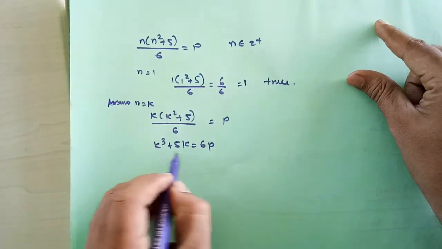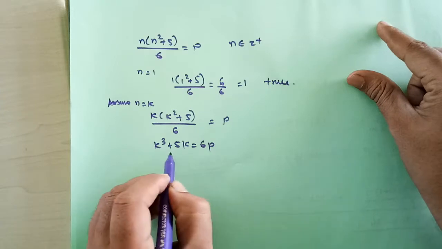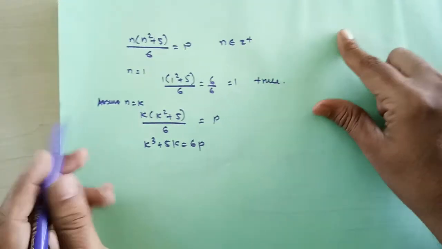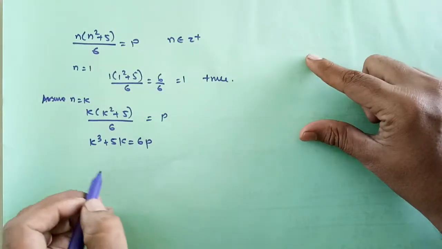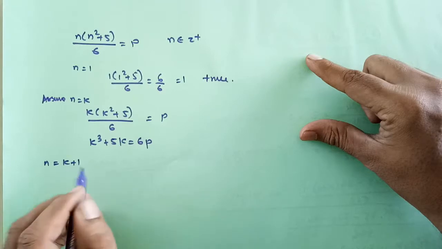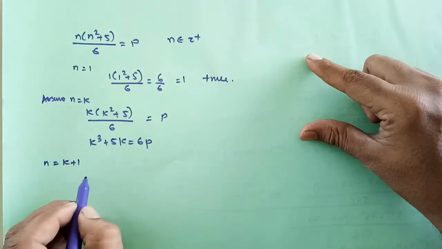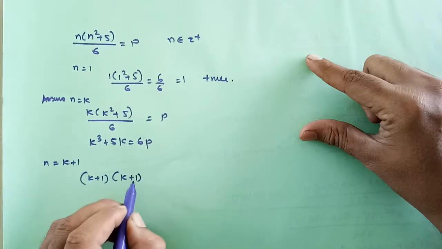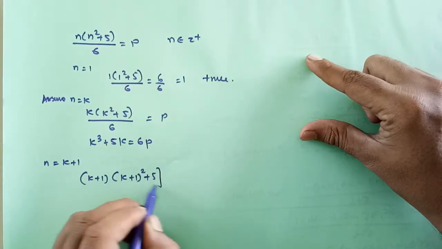Now, this is the most important step. Unless I use n equals k to prove n equals k plus 1, your proof will be incorrect. So let's say now you try for n equals k plus 1. So when you try with n equals k plus 1, it's going to be (k plus 1) times ((k plus 1) the whole squared plus 5)